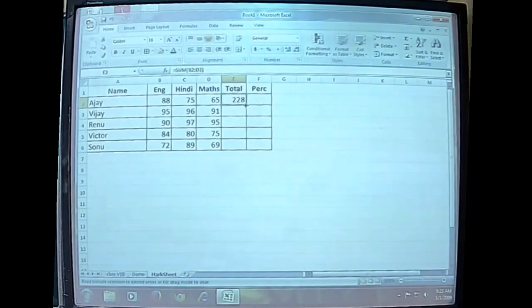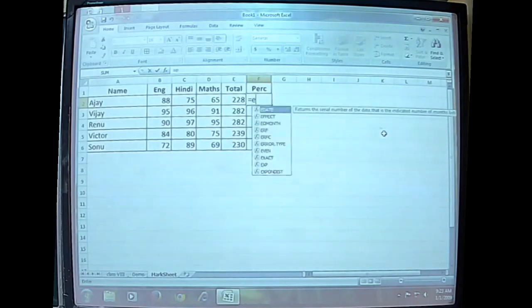Got it? The same function can be copied to the other cells, because it is a relative cell reference that is applied here, so the values will change accordingly and the total of the values will also be found. And now we will be able to find the percentage of this result as well. The percentage will be based upon the total. We can use the total, which is in E2.